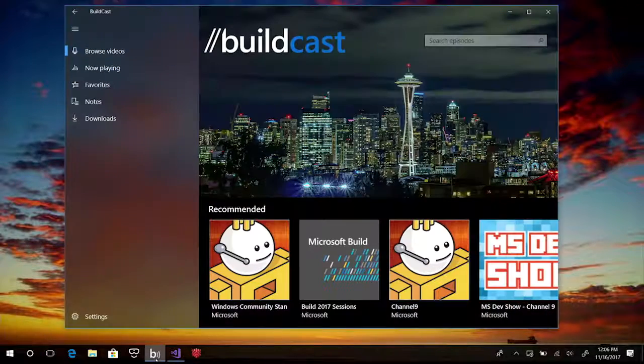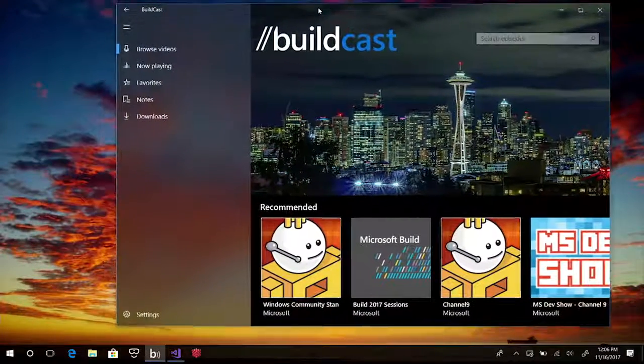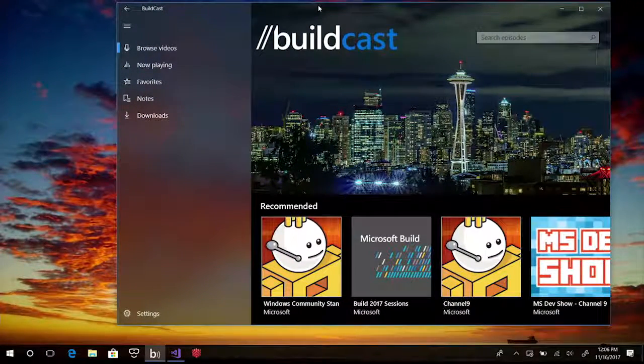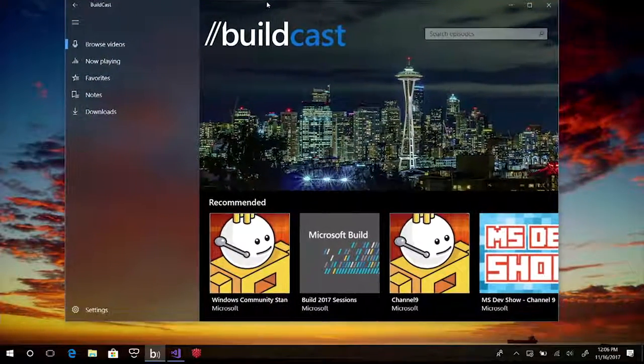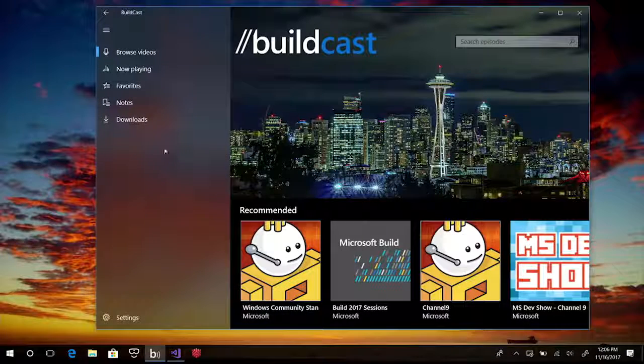So here is Buildcast. And what I'm going to do is just talk through a few of the characteristics that we'll dive into in a little bit. So the first thing is, as I drag the window around, that kind of beautiful sunset, very reminiscent of summer, that nice orange, you can see that bleeding through the window and this rather nice texture here. As I move the mouse over some of the items here in the menu, you can also see the lighting effect. And this is something that we call reveal highlight,